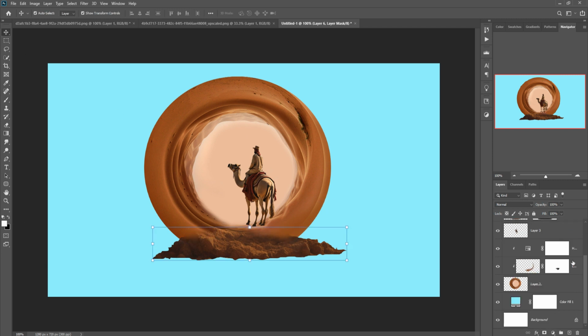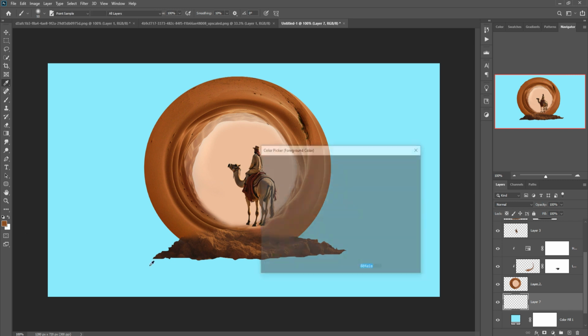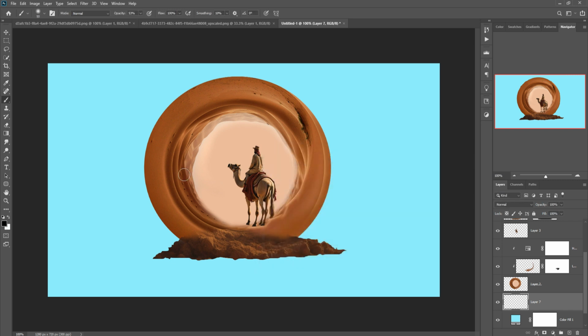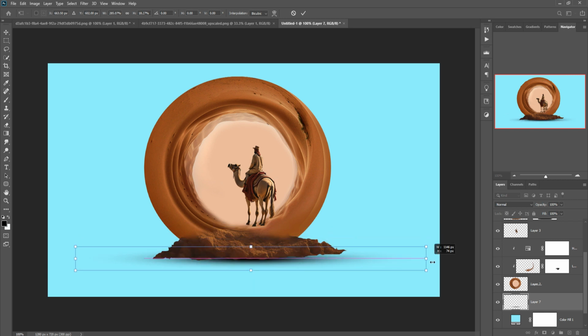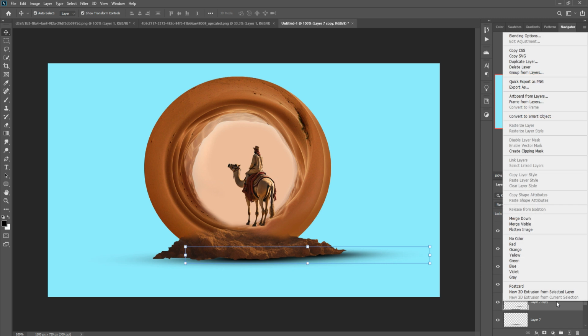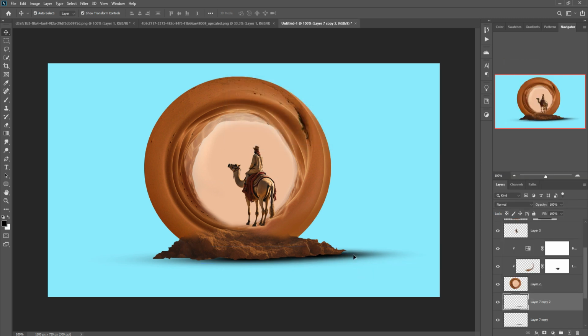So this one is done, and next we add shadow. So take a blank layer, go to brush, adjust the color of your brush, take black color, increase the size of your brush, make this one a little bit flatter and apply this. Then again duplicate this one, select, place this image in that portion, and then again duplicate and again place in that area. Make this one a little bit shorter